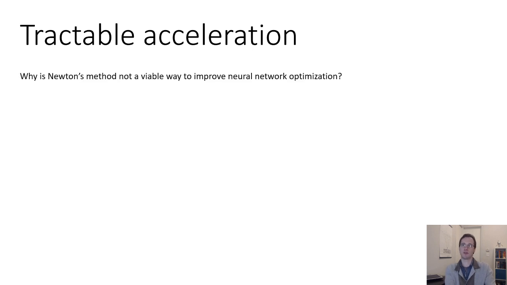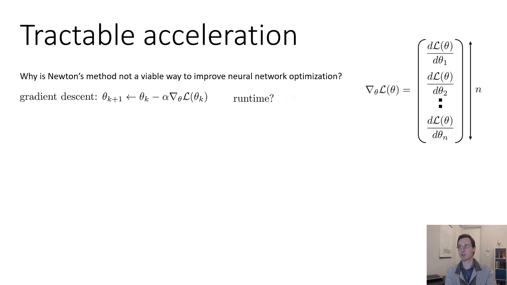Now, why is Newton's method not a viable way to improve neural network optimization in practice? Well, let's think about this for a second. Here's our gradient descent update. What's the runtime for one update of gradient descent? Well, let's say that the time needed to calculate each of those partial derivatives is constant. It's not really constant, but let's imagine it was. We have n dimensions in our theta, and we need to calculate a separate partial derivative for each one. So roughly speaking, we would have O of n